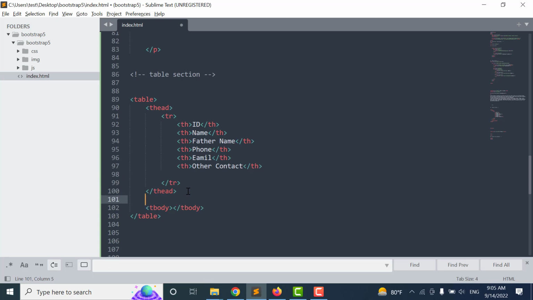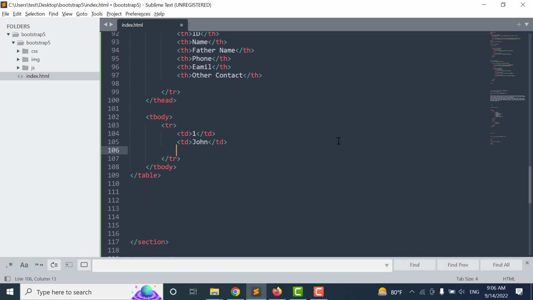So let's go and jump into the t body. Here I want to have a tr, and inside the tr I want to have a td. Let's have the ID number 1 and the another one is name. For example, it should be John, and okay. Another one is father name. The father name should be, for example, Khan, and the phone number should be something like this. Another one is email. I want to just have a test@gmail.com, and other contact, for example, there should be another